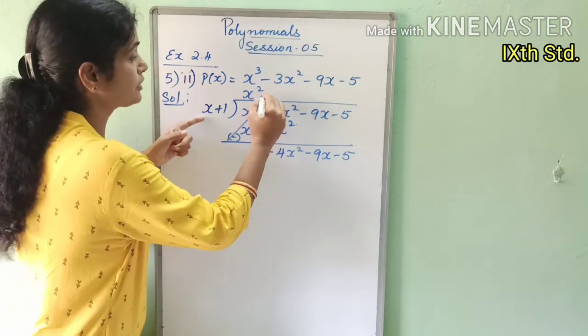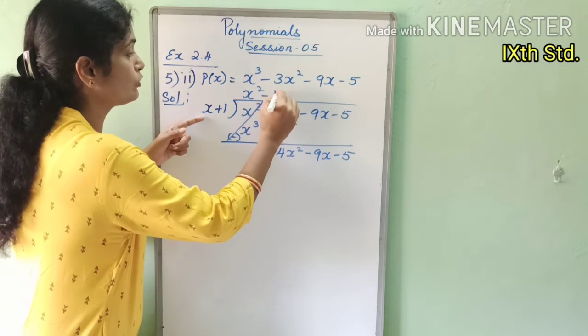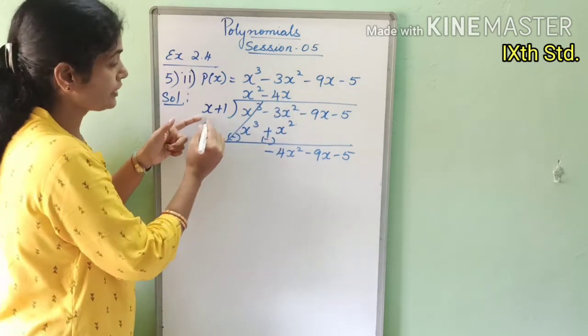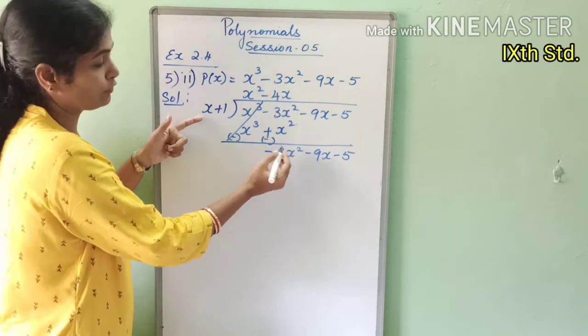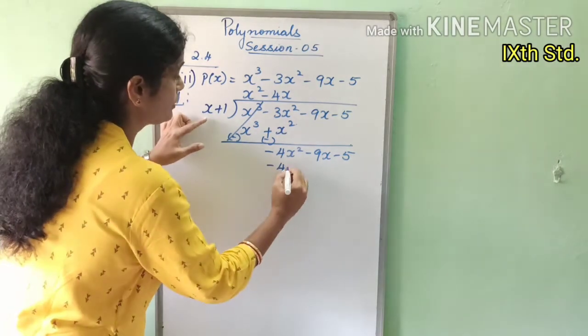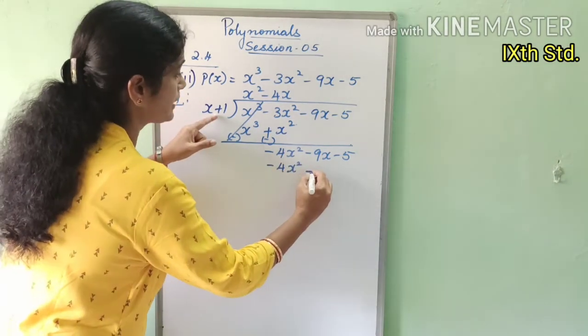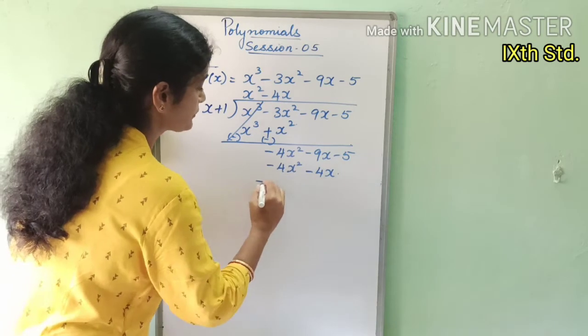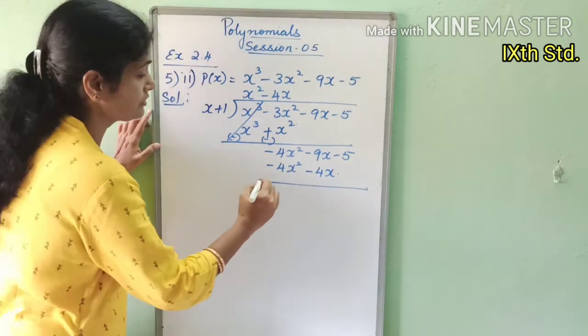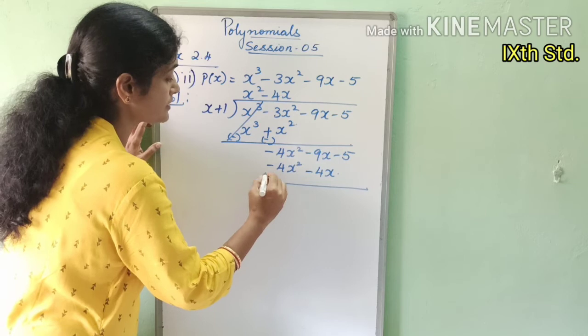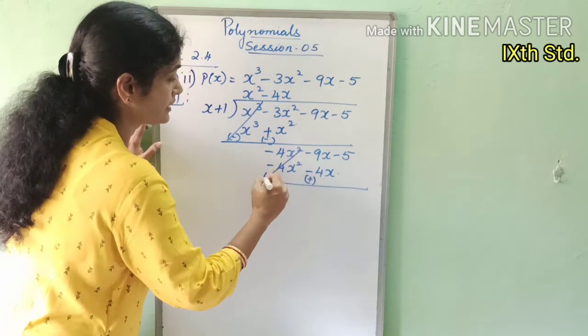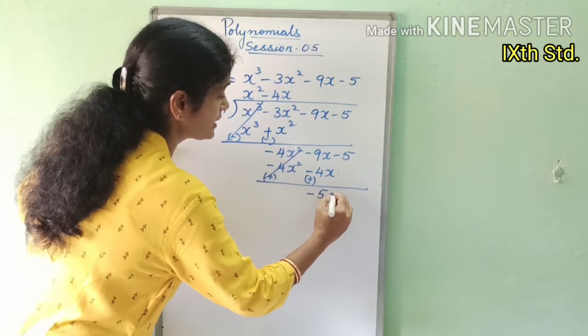So the next term in the quotient will be minus 4x. Minus 4x into x gives you minus 4x square, that is why. So minus 4x square minus 4x. Then again subtraction. So this becomes plus, this is also plus, it gets cancelled, and here it is minus 5x